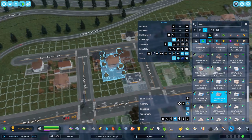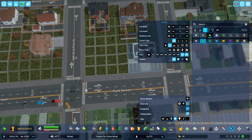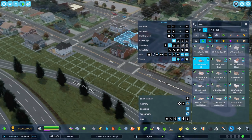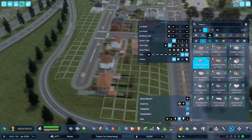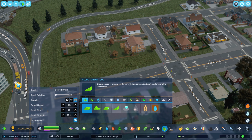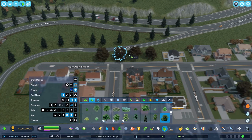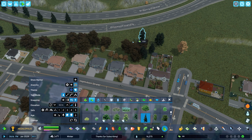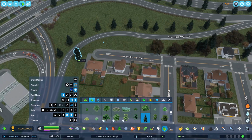And let's see what we can fit in here. Was that 4 by something? Anything 4 by 4? No. So we'll go 3 by 4, and yeah, we can squeeze that guy in there, and then we'll just fill it in with some trees. Just kind of get some of these oaks in to really fill this area out, and we'll get in some of our spruce like we've been doing,